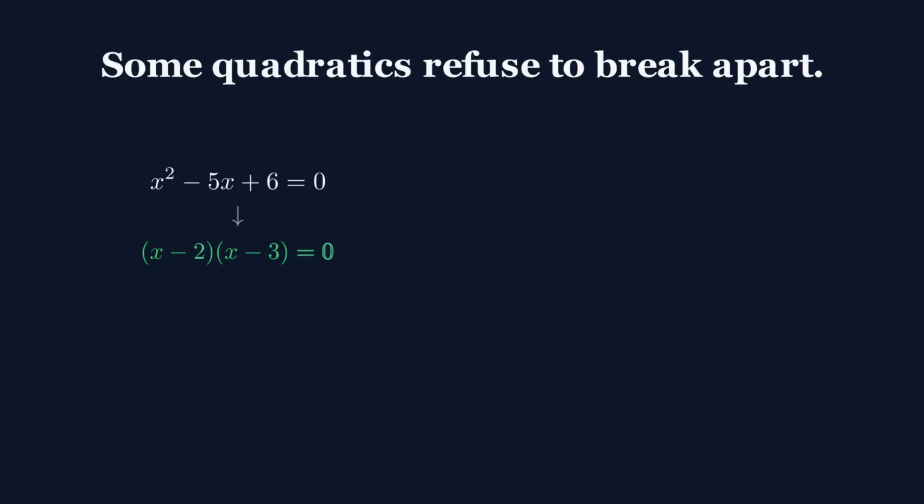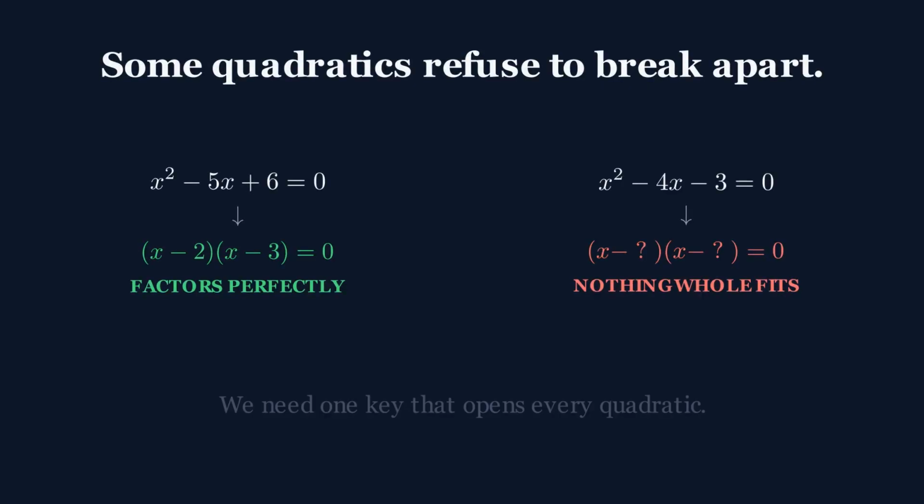Some quadratic equations give up their secrets easily. X squared minus 5x plus 6 splits neatly into two brackets. But change only two numbers and factoring collapses. X squared minus 4x minus 3 still has two real solutions, but no pair of whole numbers will ever find